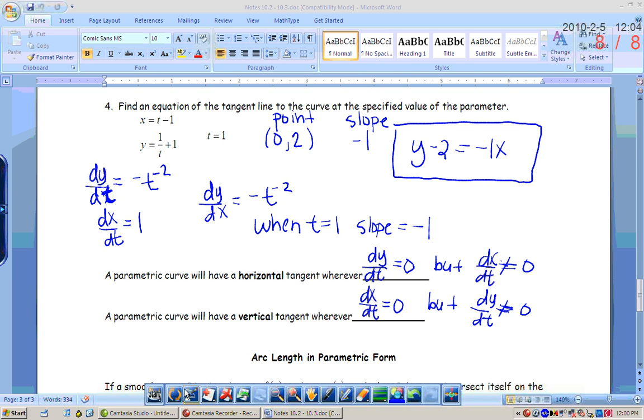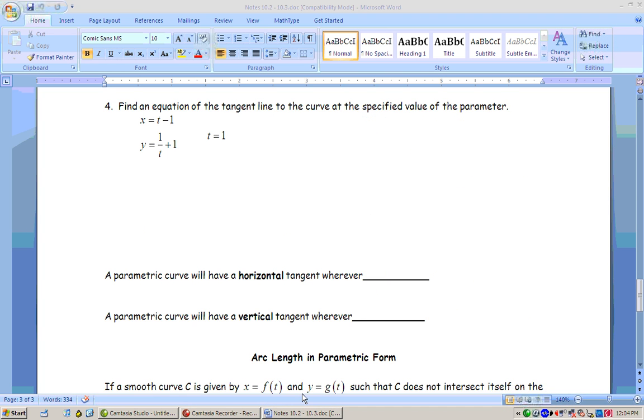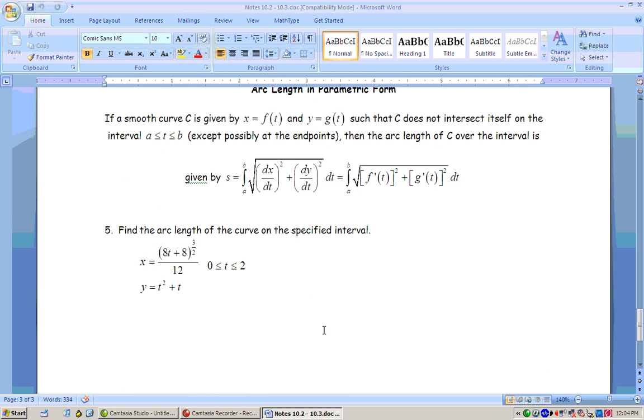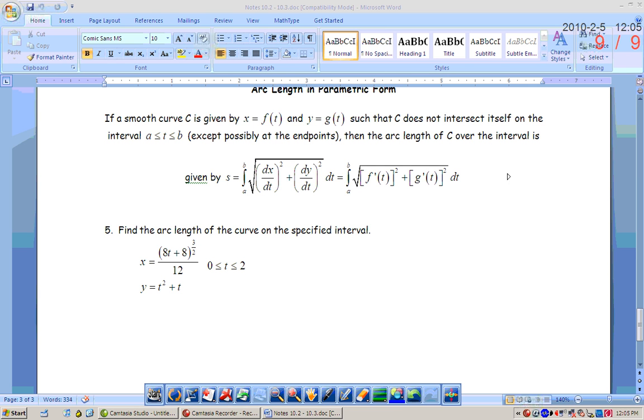Okay, and then the last thing is arc length in parametric form. Back in Chapter 7, when we were doing the area and the volume, we had an arc length formula. Well, that was good for x's and y's, but if you have a parametric curve, then you have to use a different formula. It looks really scary, and it's derived from the arc length formula in normal rectangular mode. And that arc length formula, just to remind you, was